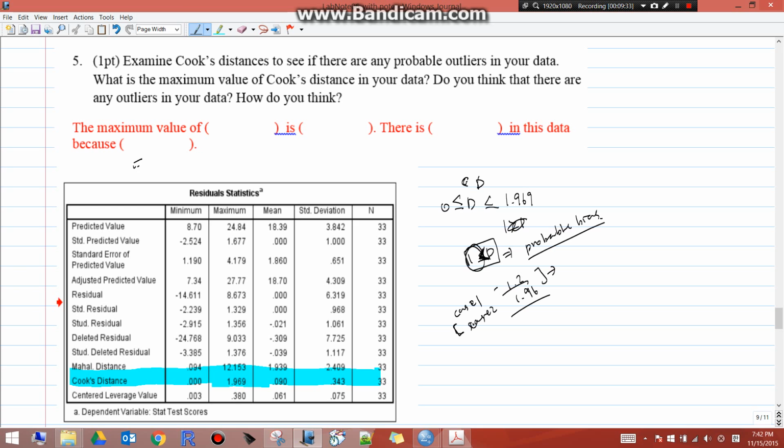You can say that if the maximum value of Cook's D is less than 1, what does that mean? That means our data does not have any outliers, because the maximum value of Cook's D